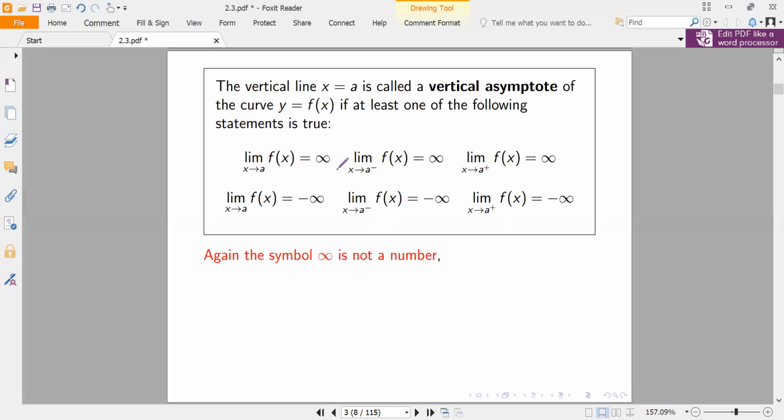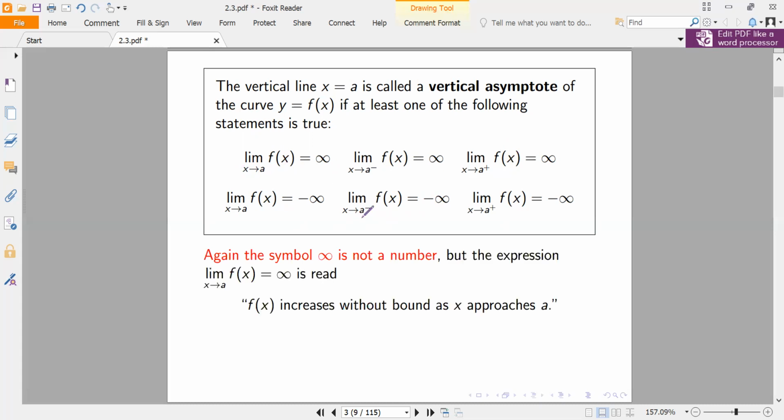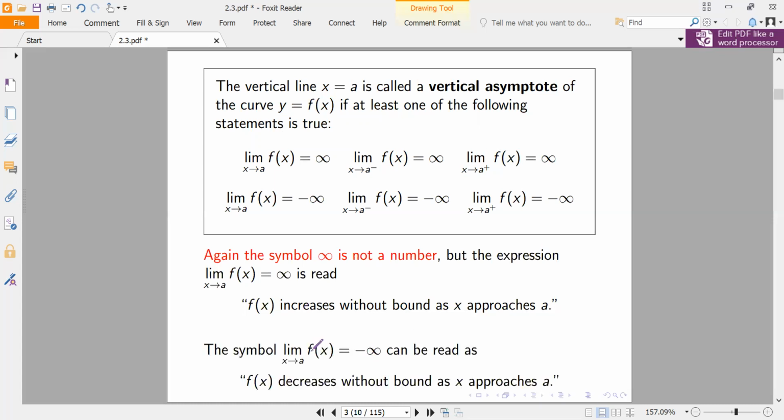We emphasized that infinity is not a number, but the limit of f of x as x approaches a going to infinity just means that f of x is increasing without bound as x approaches a. Same thing for negative infinity: f is decreasing without bound as